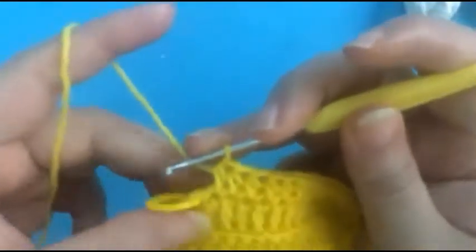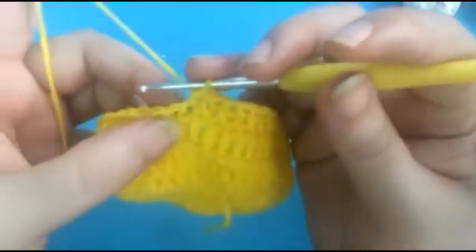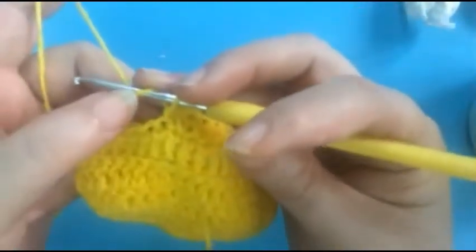Now this is my 15th one. Remove your hook, stitch mark. Half double crochet in the 15th one, and now I will start my decreasing. So yarn over hook,